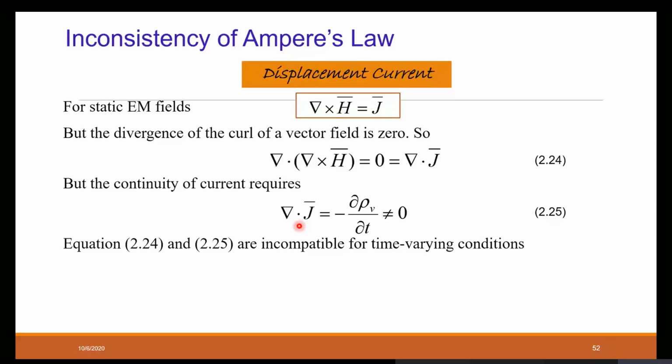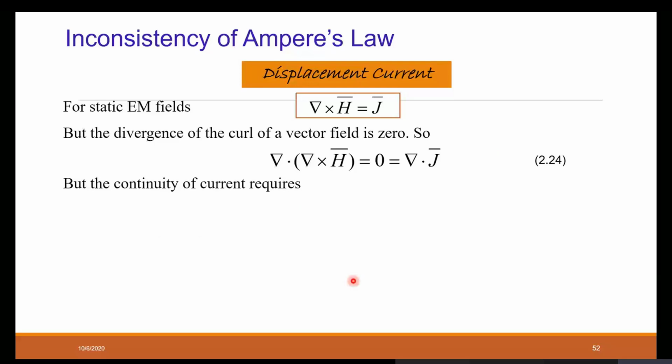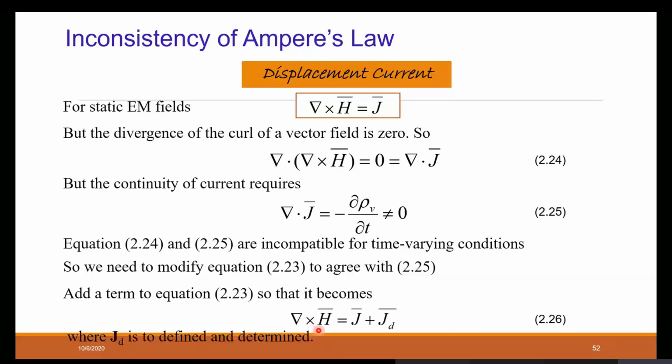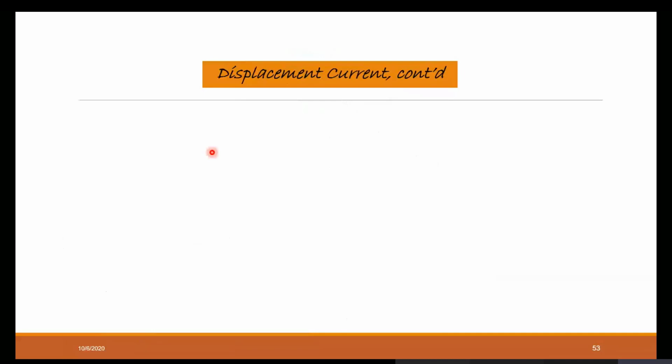Which equation do we have to modify? The del cross H is equal to Jc that we wrote. So del cross H has to be modified. Let us add one more quantity into this equation. Let us consider that del cross H bar is equal to J bar plus JD bar. A similar quantity should be there. So we have added a JD term here, and later we are going to define what this JD term is. Again, if I take the divergence of both sides, let us take the divergence again. So what is the divergence?